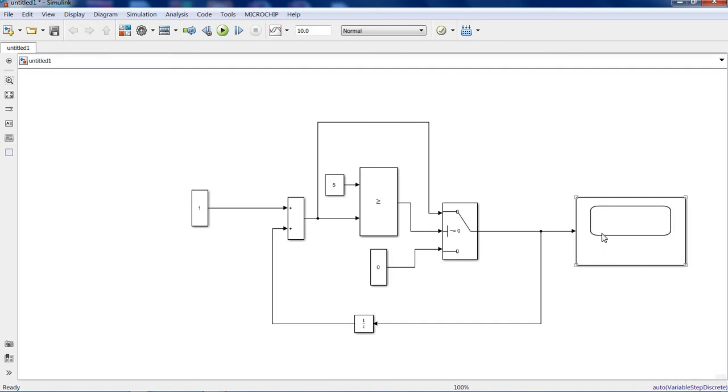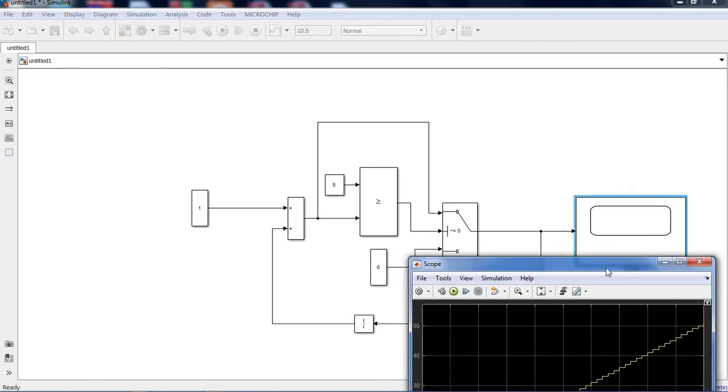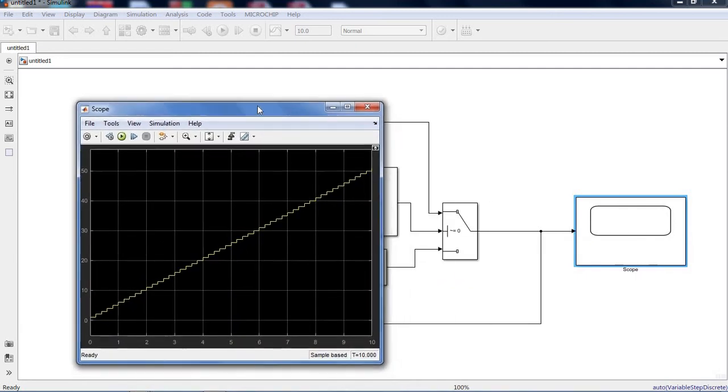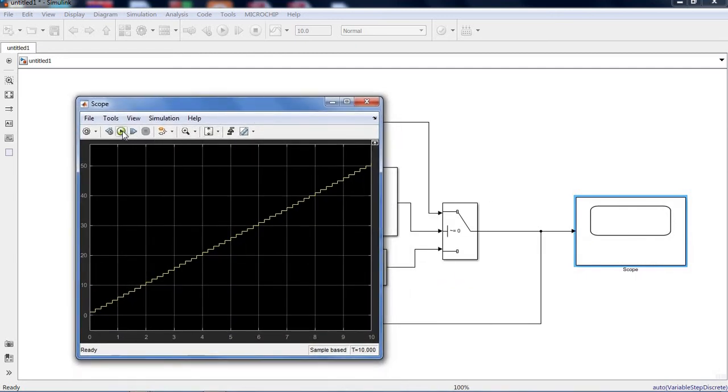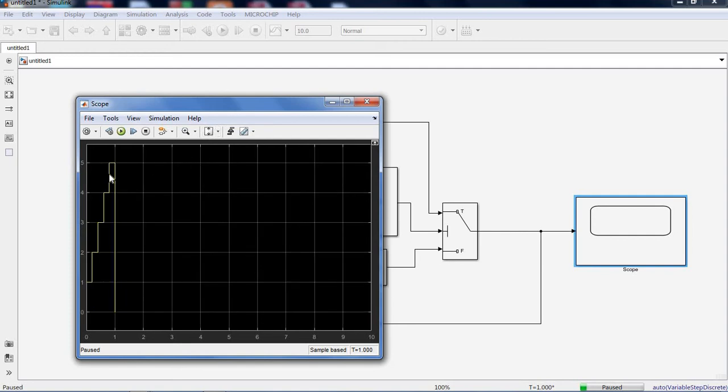Now we will see how it will work. Now I am running this. See, it's incrementing. Once it reaches 5, then again it will come back to 0.